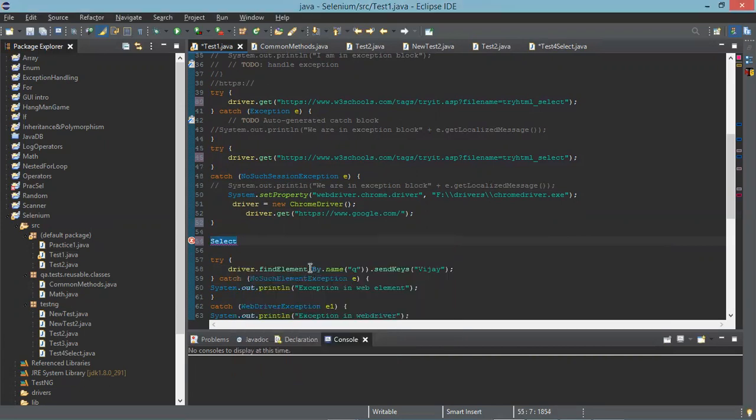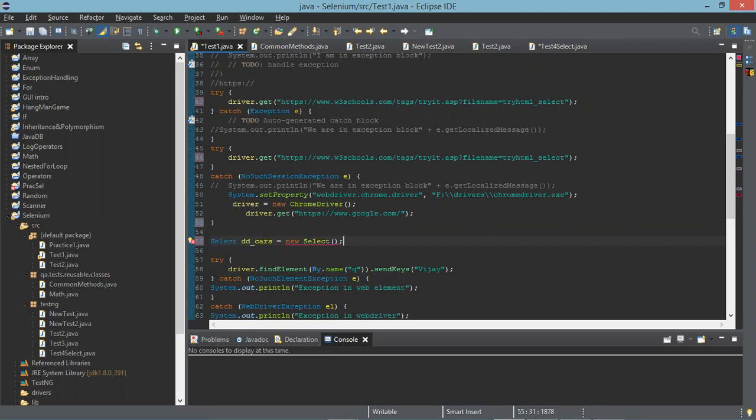Now give a space, create an object. How should you name the object? DD underscore cars, for the cars field. Equals new Select of, open bracket. Now you go to the end and put a semicolon at the end.